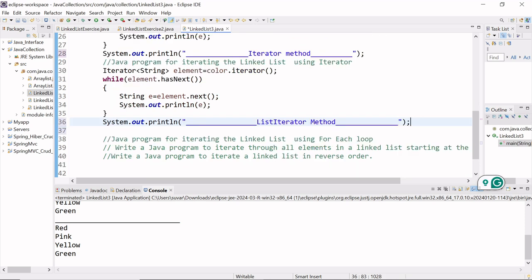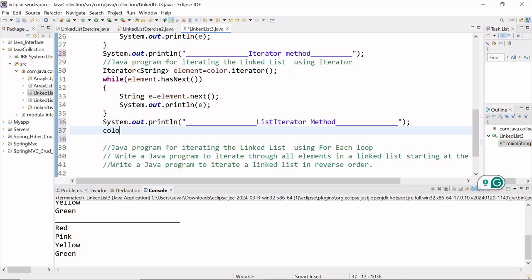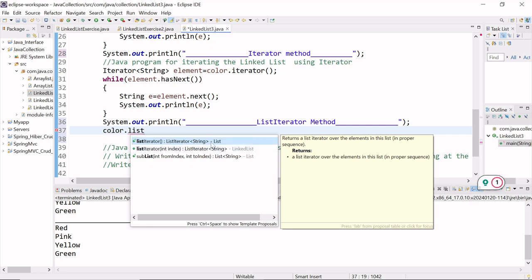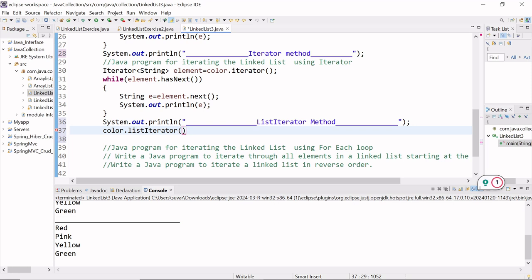Similarly we can use listIterator method here. So on color linked list I use listIterator method and it also gives a ListIterator object. So I select this and it returns its object, ListIterator, type is string, and the reference name is ele, and import ListIterator,